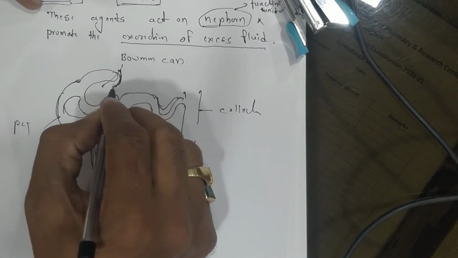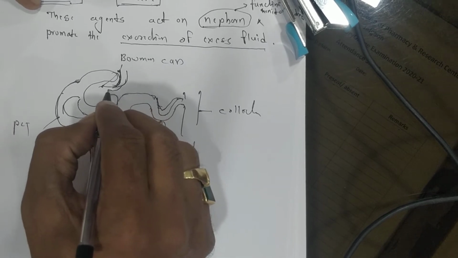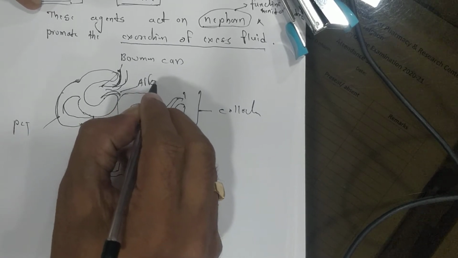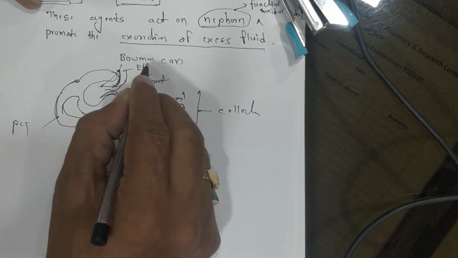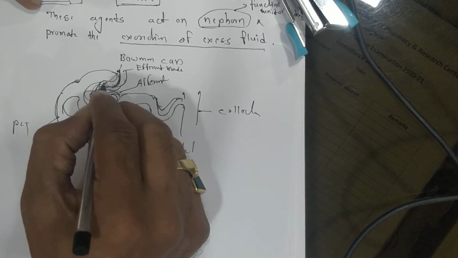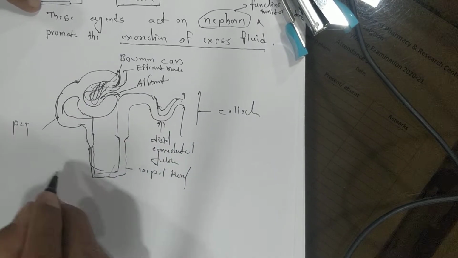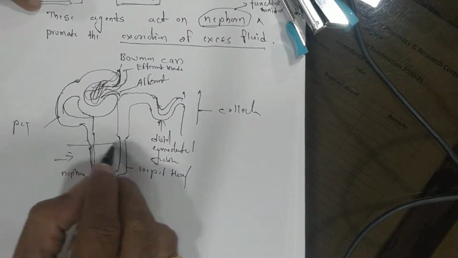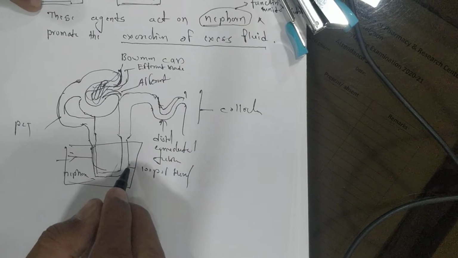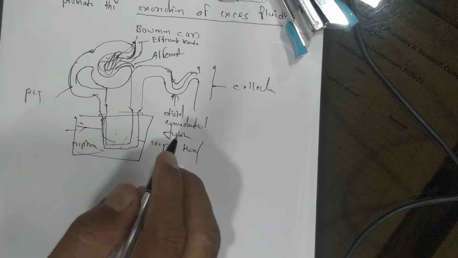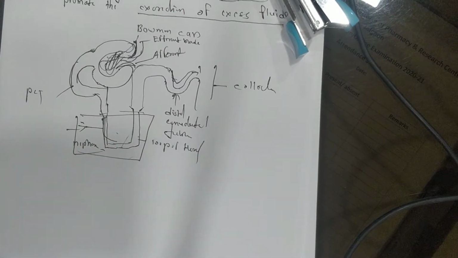The efferent arteriole is going out, it's an efferent blood vessel. Here the net filtration takes place. This is the functional unit of the nephron. And here reabsorption of sodium and water takes place in the loop of Henle. It's the most important part. The remaining parts are there, but this is the most important part. In the loop of Henle, excretion of the fluid takes place. Okay, now see, it's a very brief structure.